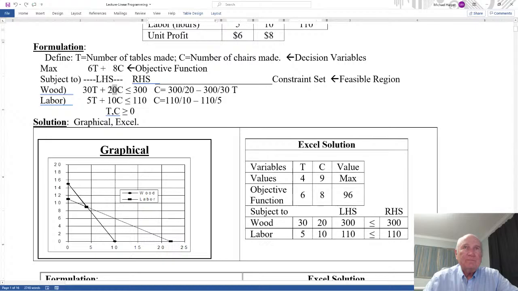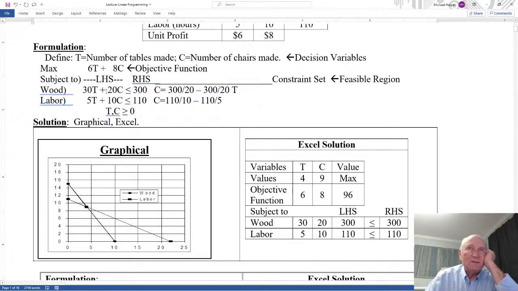I divide through by 20. I solve this equation for C, and I make it an equality. So I divide through by 20. So 300 over 20 and 30 over 20. Oh, sorry. That should be 20. So I divide everything through by 20. 300 over 20 and 30 over 20. There we go. So I'm taking this constraint set and expressing it then as a